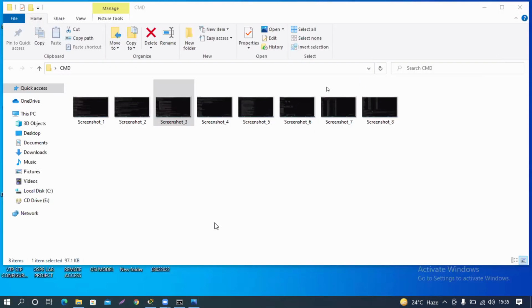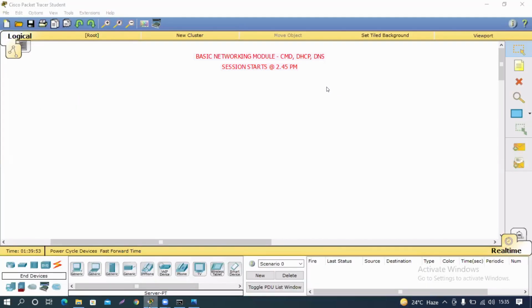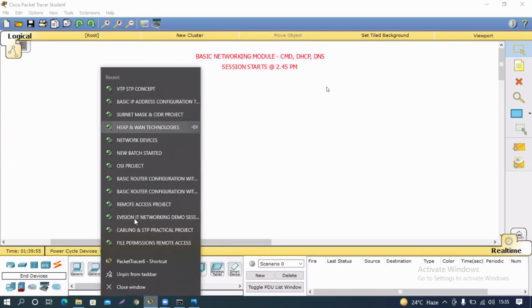So this is about your CMD, everyone. I hope that all of you have taken the screenshots, right? Correctly? Yes, sir. Okay, now we are discussing about